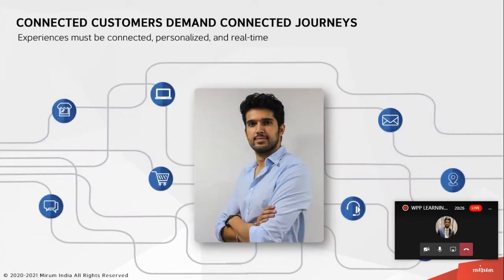So we all know today's customer is as connected as they have ever been to their devices. We are so connected to our devices, it wouldn't be wrong to say that we are closer to our devices than our spouses. So the customer today expects uniquely personalized experiences. Ask yourself as a customer, right? You will agree that you would rather give your mind share and your wallet share to brands or to products and services where you see things like seamless handoffs or contextualized engagement based on your earlier engagement with